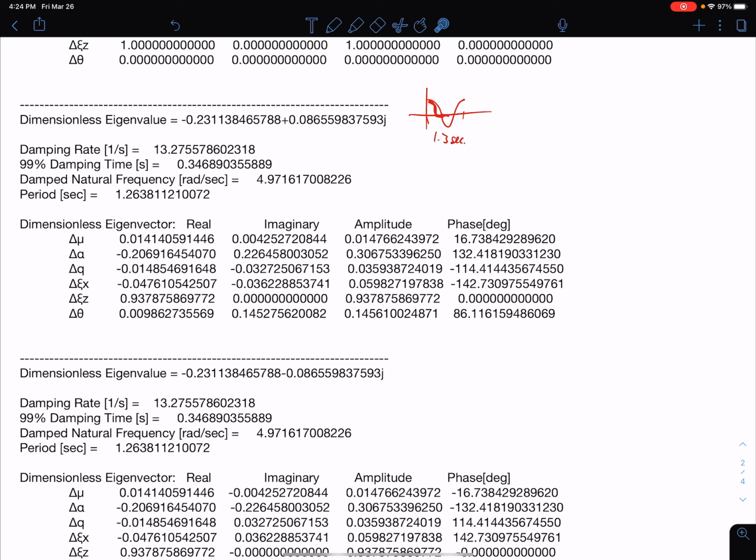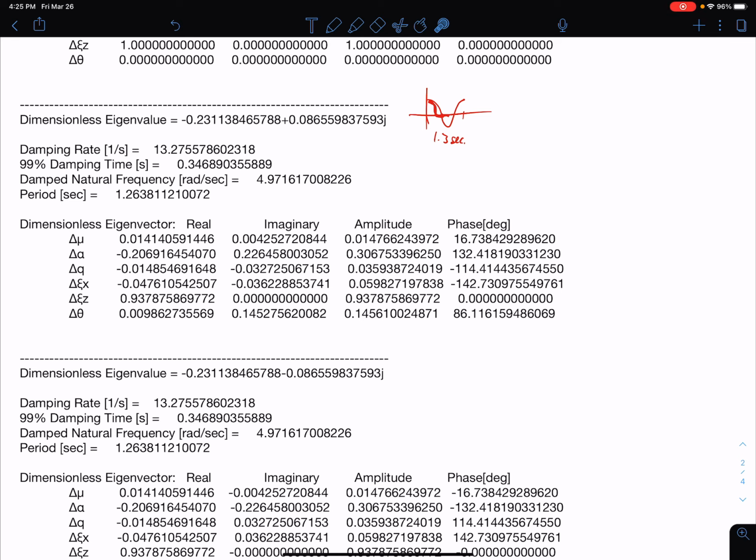Theta seems kind of small, but it's hard to compare to the other components here because it really doesn't have a good counterpart to compare it with in this list of independent variables. So what we understand about this is that there's going to be a large change in z and a large change in alpha, but that it's going to damp out very rapidly. Within a half second, it's going to be gone.